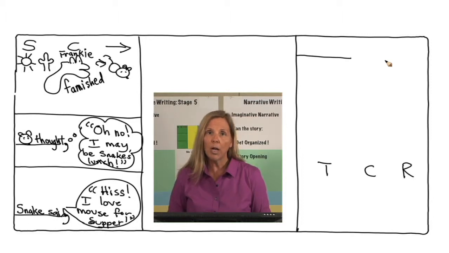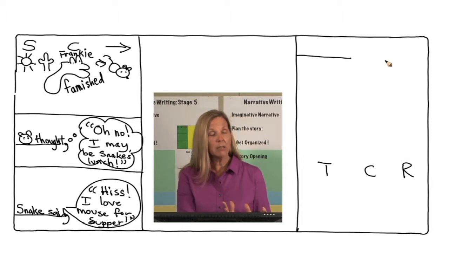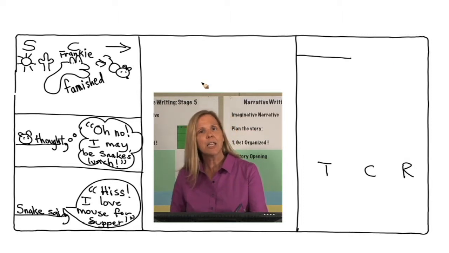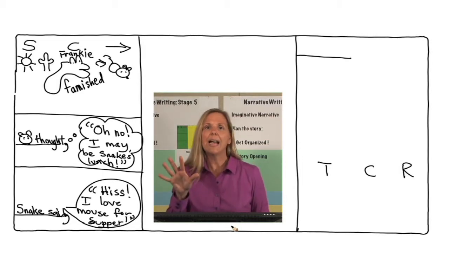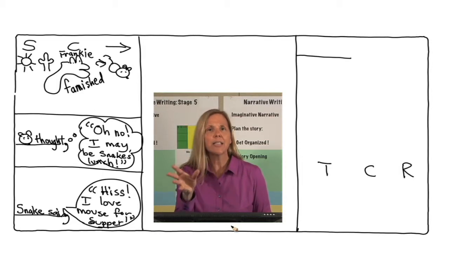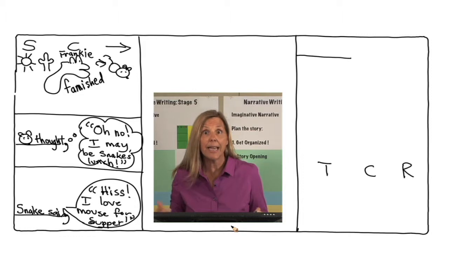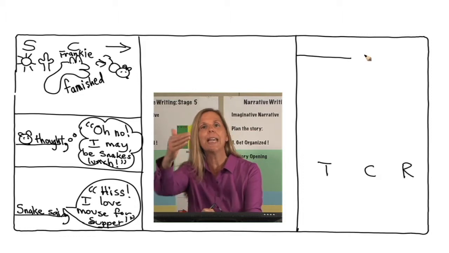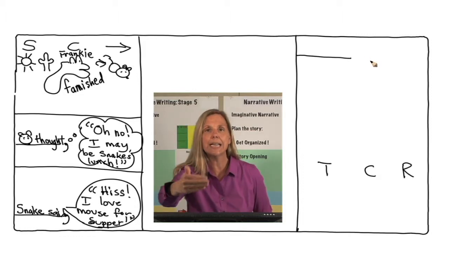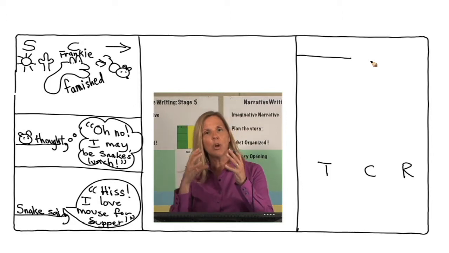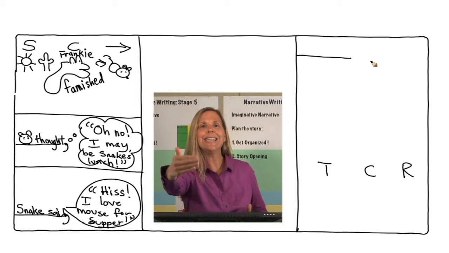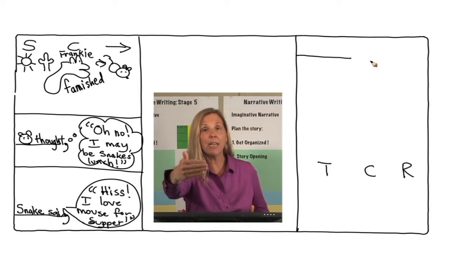Well, the reason why is because so many times kids get a beginning going and they get pretty good at it, but they get the middle confused and they get unorganized, out of sequence. It just doesn't even make sense because they're not looking at an ending. They don't have an ending to guide them there. When you know your beginning and then you have an idea of the ending,